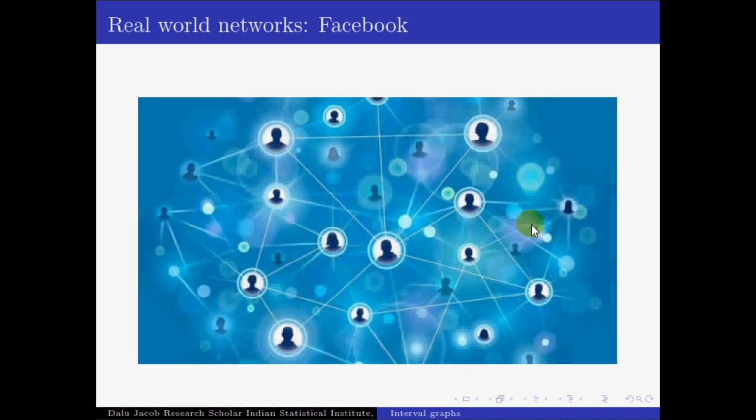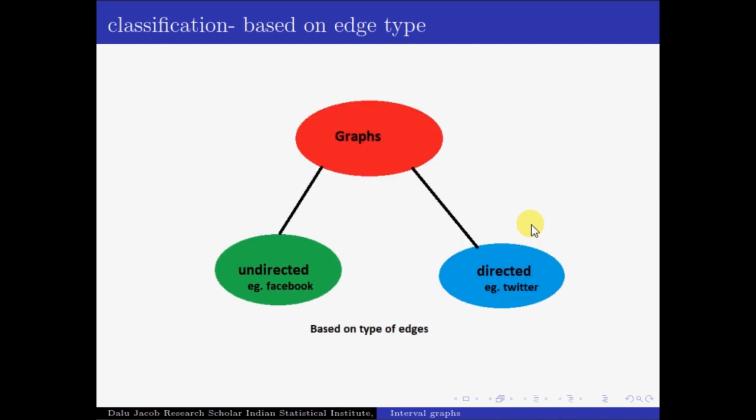Therefore, to summarize the observation, the entire class of graphs can be broadly classified into two subclasses, namely directed graphs and undirected graphs. This classification is based on the type of the edges in them. These two graph classes are well-studied in the literature, and in this talk we will be focusing more on undirected graphs, which are themselves very fascinating.